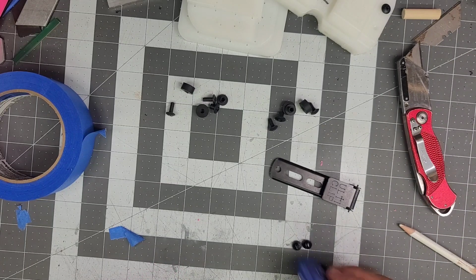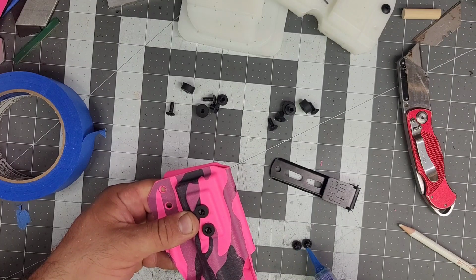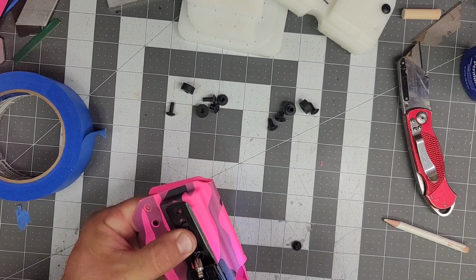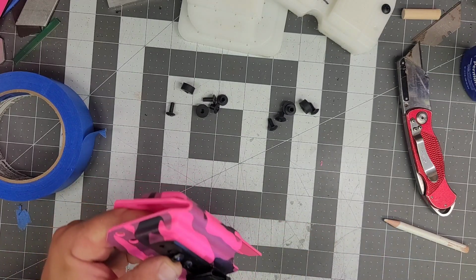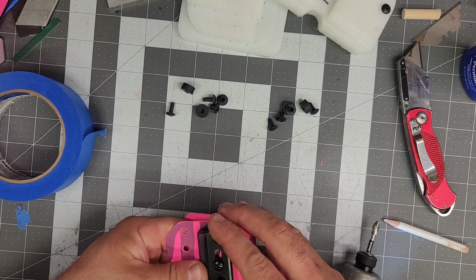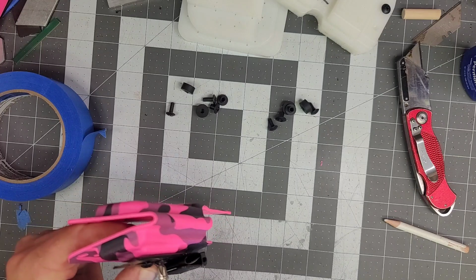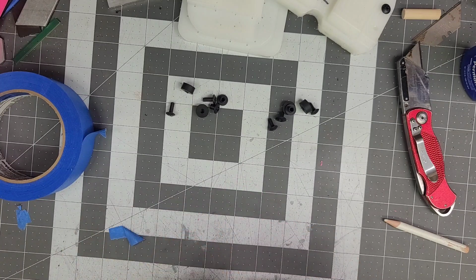I'll throw a little bit on there, and these are going to get cranked down. And then we have it so it's fully adjustable, and we'll leave it just a hair higher. There we go. And bam. Throw